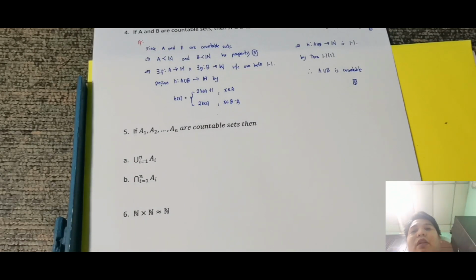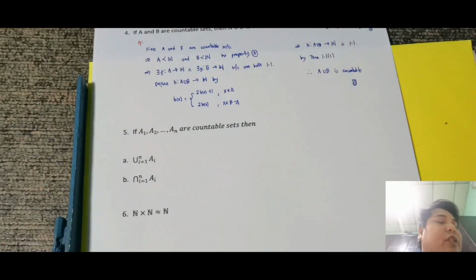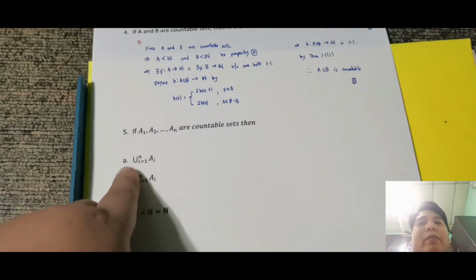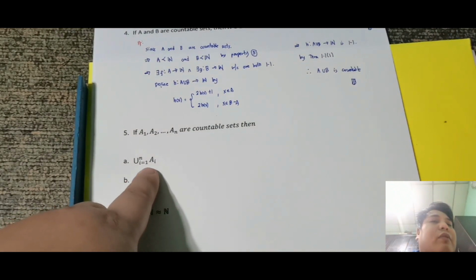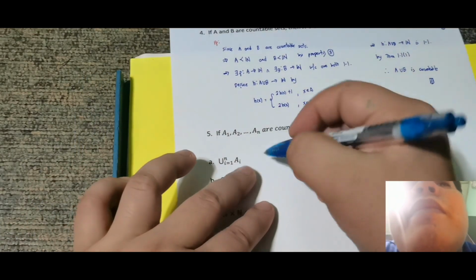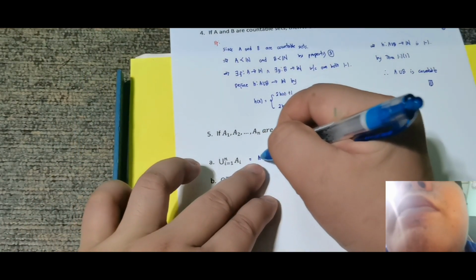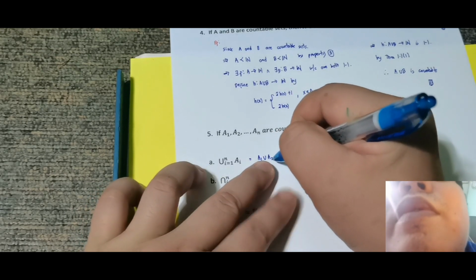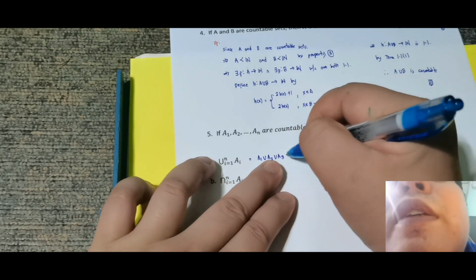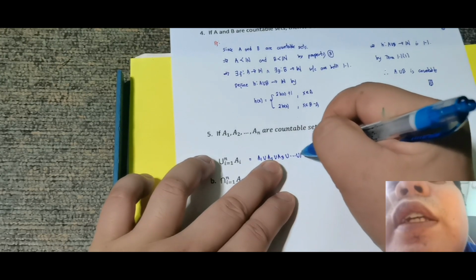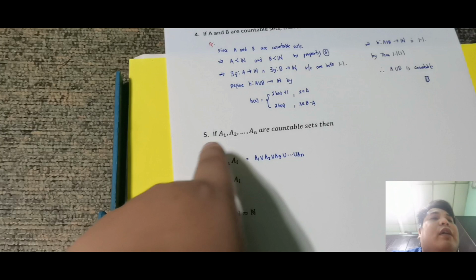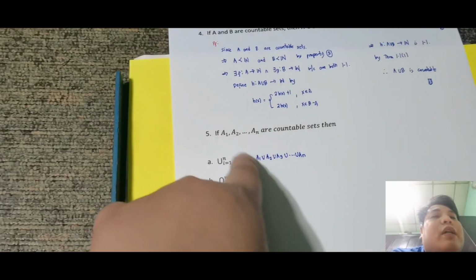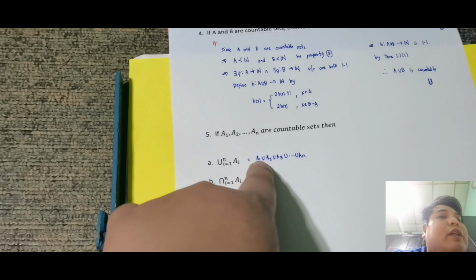If A sub 1, A sub 2, A sub n are countable sets. So, mga A siya, no? So, sila are all countable sets. Ito na yung marami. Okay, so for letter A, the generalized union. So, word dyan is generalized union. So, ibig sabihin ng generalized union from i is equal to 1 up to n ng A sub i, this is equivalent sa A sub 1 union A sub 2 union A sub 3 union ... union A sub n. Okay, yan sabi nga, kung yung mga element o yung mga sets na yan are countable sets,